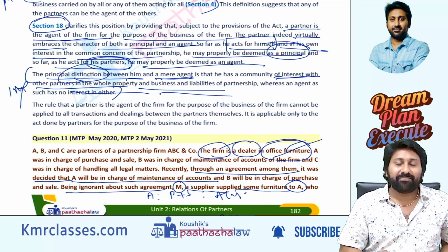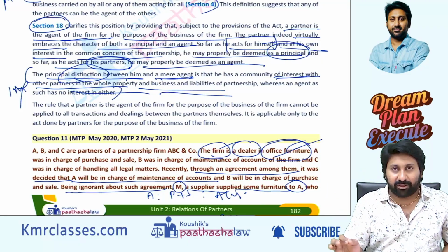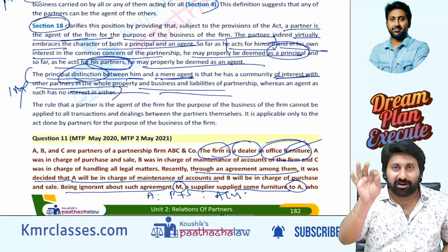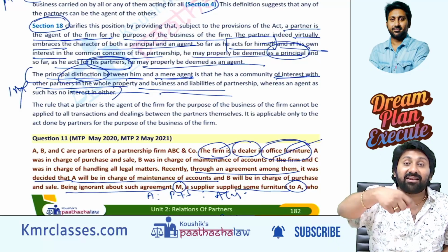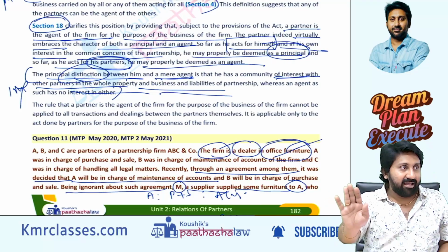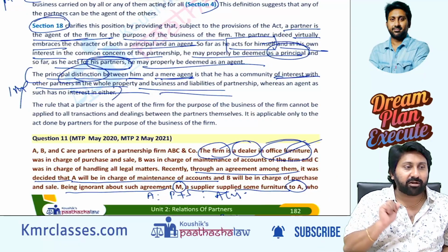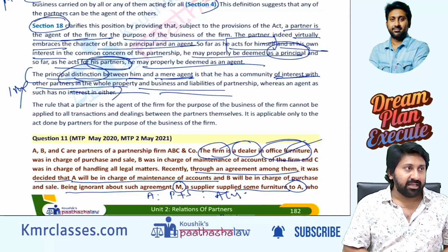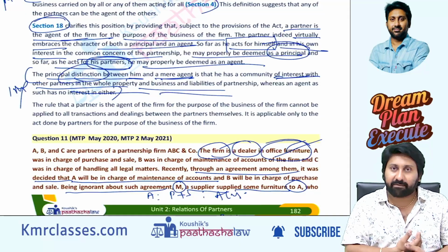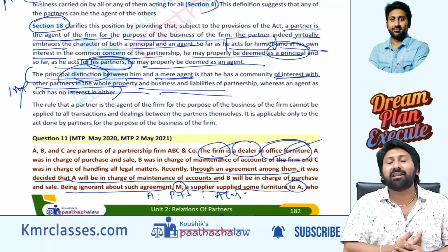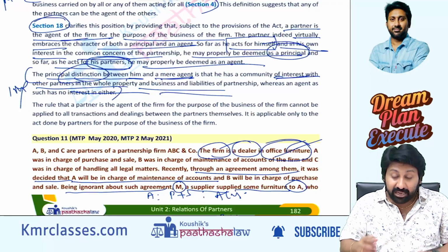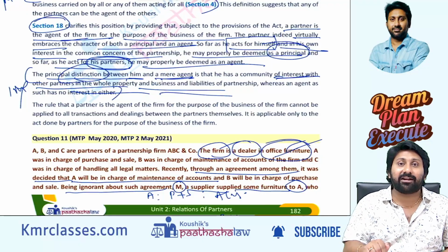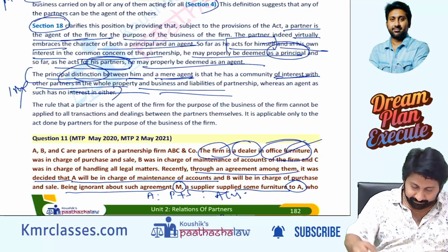The point is, if a partner of a firm has implied authority, whatever agreements you made internally are irrelevant. Whether he has implied authority or not depends on what kind of firm it is, furniture, and what I sold to him, furniture. Generally, a partner is expected to have the power. Yes. Therefore, internally what you agreed is irrelevant. But if M knows of this irregularity, then M will not be protected.